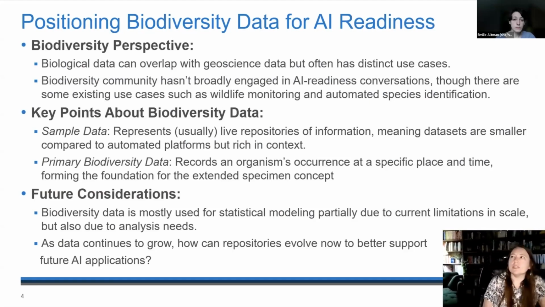Many of the conversations that I've seen, at least so far, have focused on applications of AI to biodiversity research versus sort of building processes to support AI. For instance, wildlife monitoring is benefiting from AI. We've also got automated species identification from images that are helping to streamline taxonomic works. And so these examples sort of highlight that potential for AI, but they remain relatively isolated efforts rather than something